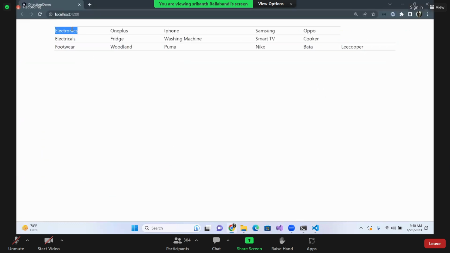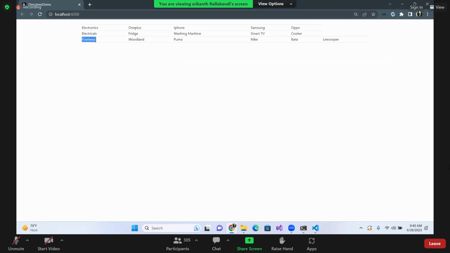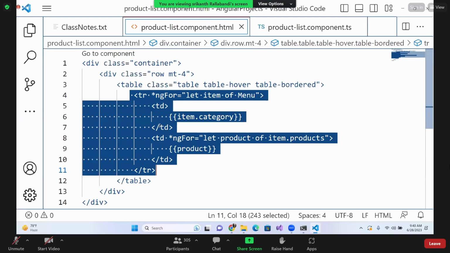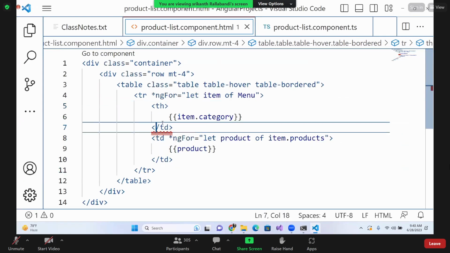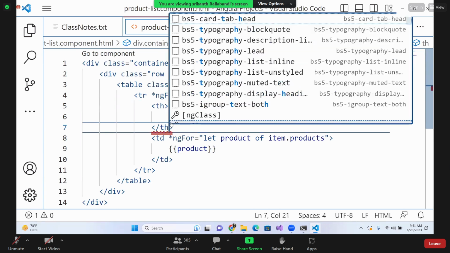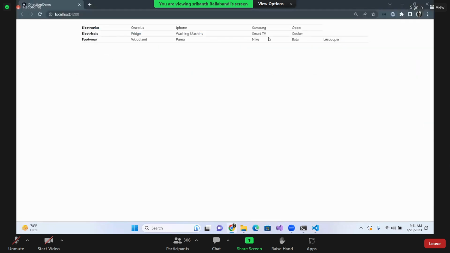When I say electronics, we have OnePlus, iPhone, Samsung, Oppo available. When I say the freezer, you can see we have about 4 items. When I say footwear, we have 3 or 4 items. Now in place of TD, maybe I can give TH here, so that I'm able to see the output something like this. And at the same time,